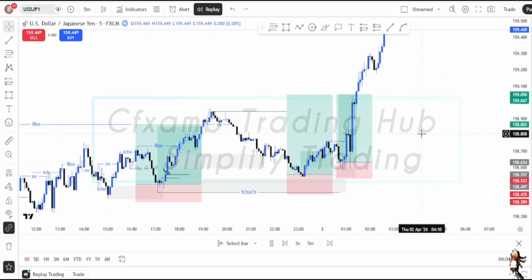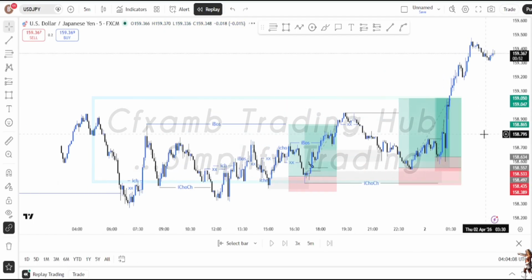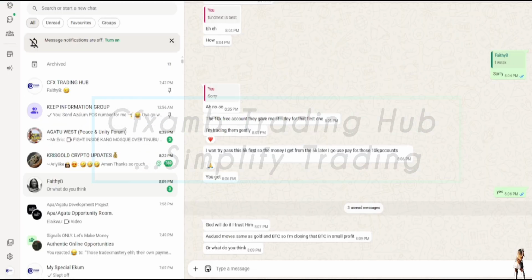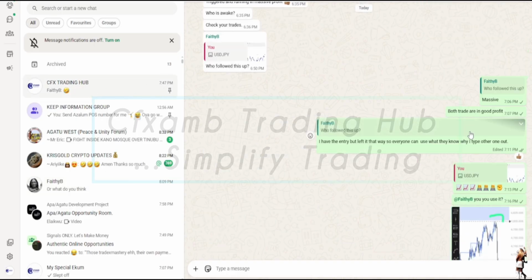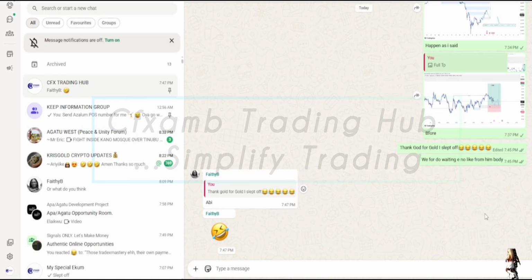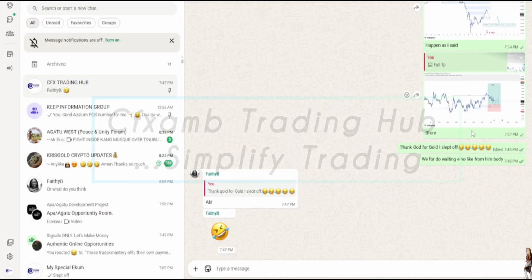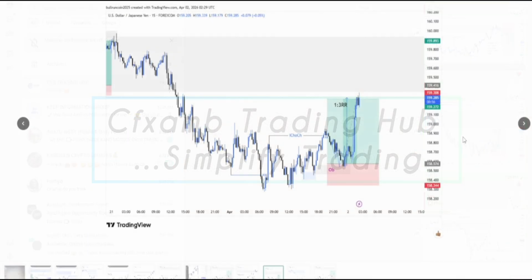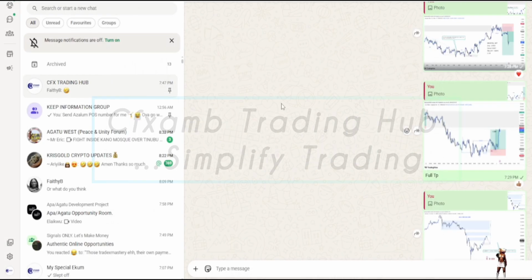So this is how I was able to hit 2 TP on USDJPY, and I posted it in my community. Yeah, this is my community. I posted it when I did the analysis. This is where I did the analysis, that this is what is going to happen, and this is when it played out. This is when I marked my chart, waiting for it to trigger, and this is where we finally hit the full TP. So this is how we go about